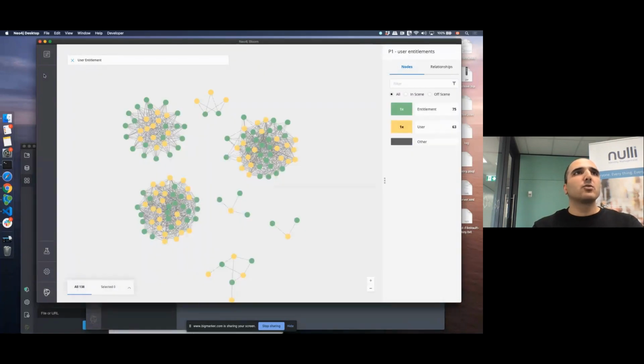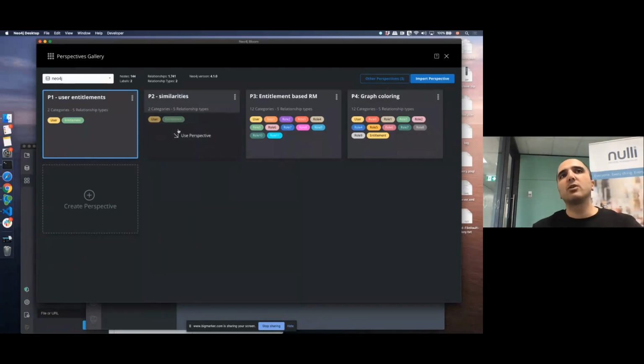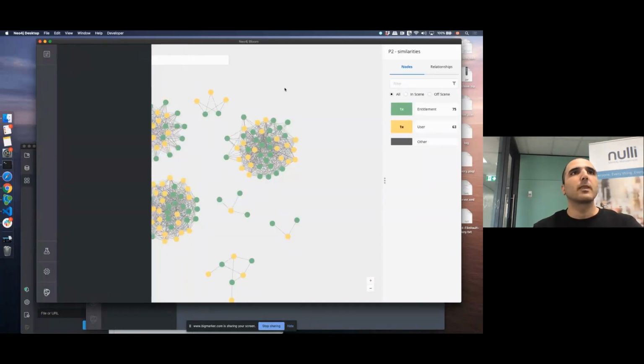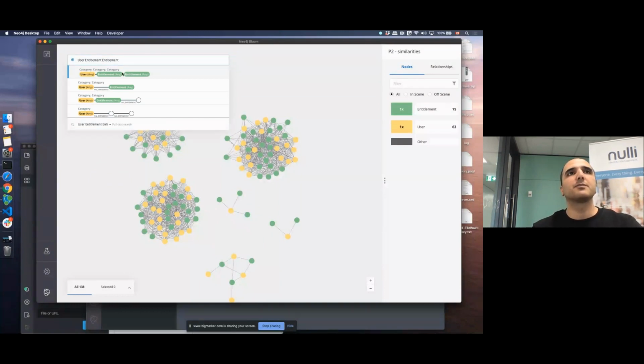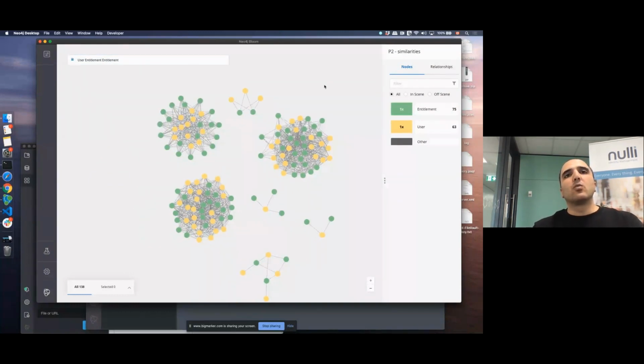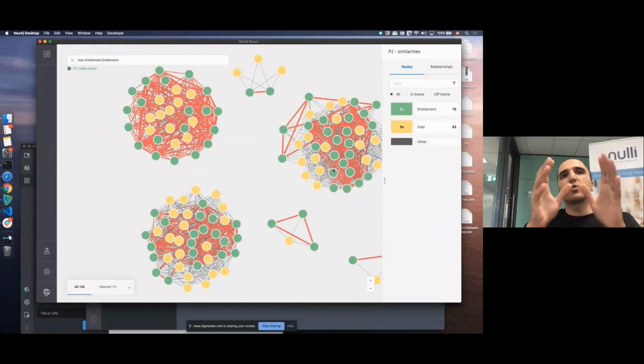And then I will go back to my graph. I just changed my perspective to show you a different view of my graph. I refresh my data, and I make sure I can see connections between entitlements. So what you will see in a second is basically some new edges that have been added to this graph. And these are shown using red color. All these red edges are basically Jaccard similarity between 2 entitlements. For example, if I zoom in here,